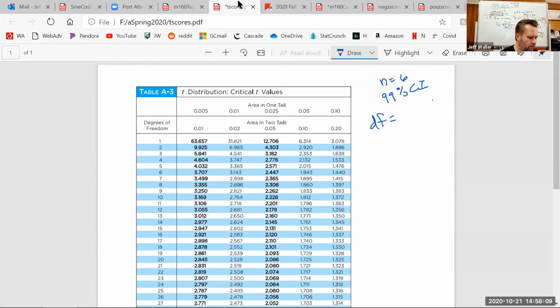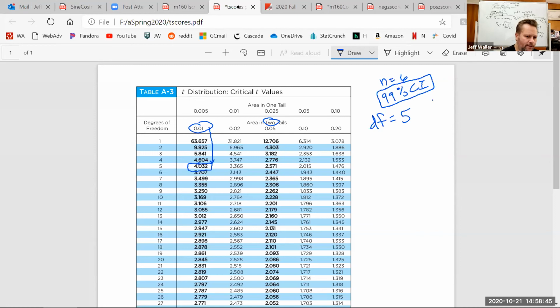So, of course, what's the degrees of freedom? 5. That's crazy. And then somebody else tell me, 99% confidence, which column am I going to look at? The first one. Yeah, because I want 1% in 2 tails. So I always look at this row for confidence intervals because it's just 100 minus that. So I'm going to use this column. I'm going to stop at 5. So that must be my t-score I would use.